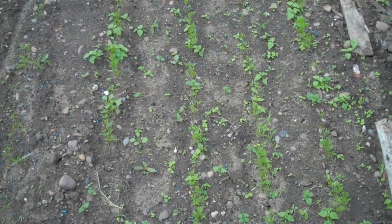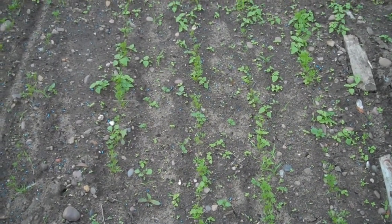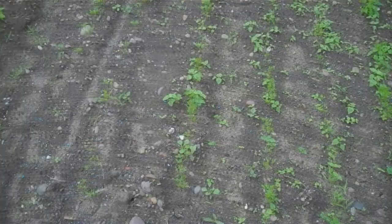Carrots coming up, even though we've had a lot of snails again and slugs. This side has not done quite as well. There's a big chunk missing where the slugs have had them, and I've had to redo